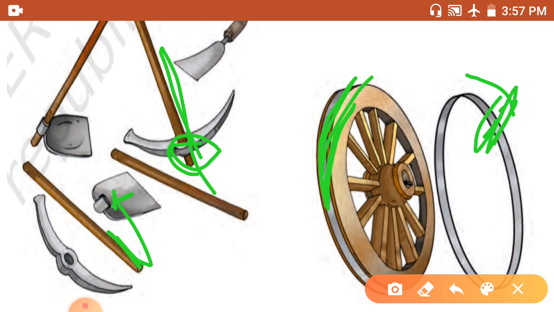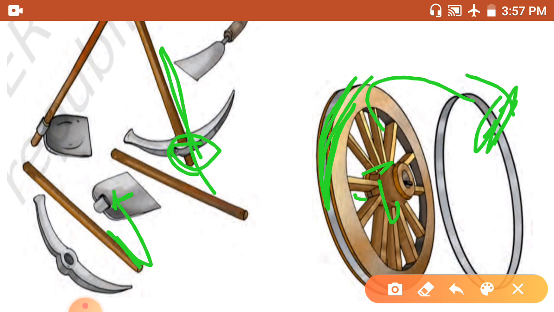How is it possible? This process of heating and cooling finds many useful applications in industries and these things also. So it is an example. It fixes an iron rim on the bullock cart wheel. The bullock cart has wooden wheels, right?